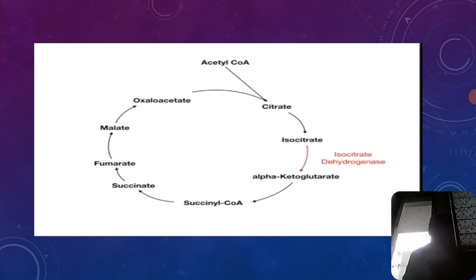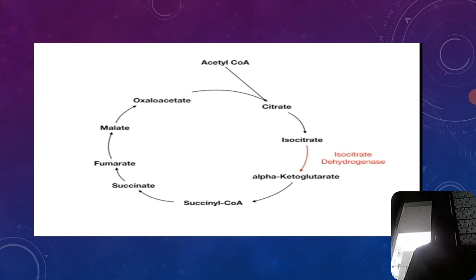Okay. So first the acetyl coenzyme A is converted into citrate, to isocitrate, then it is converted into alpha ketoglutaric acid. Then alpha ketoglutaric acid, with the help of succinyl coenzyme A, is converted into succinate, and then into fumarate by the reduction of the flavoprotein, that is, FAD is formed into FADH2. Then fumarate is converted into malate, and malate into oxaloacetate. So the last step, the oxaloacetic acid is the acceptor of the acetyl coenzyme A, forming citric acid. Okay. Then the cycle is repeated.